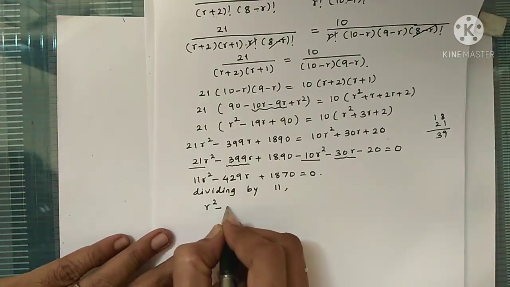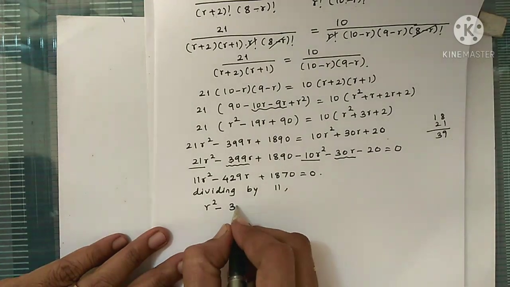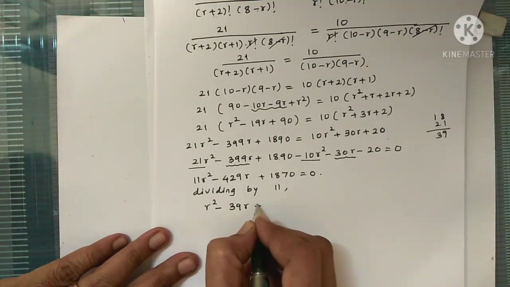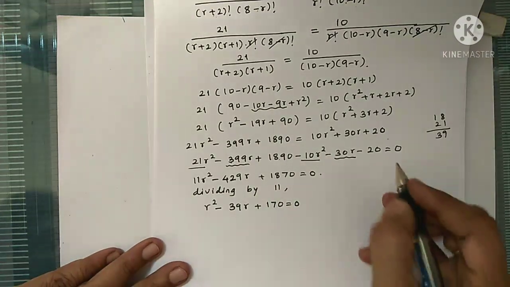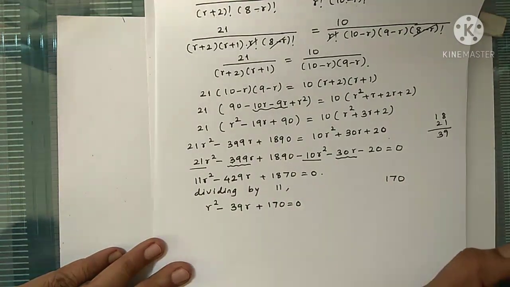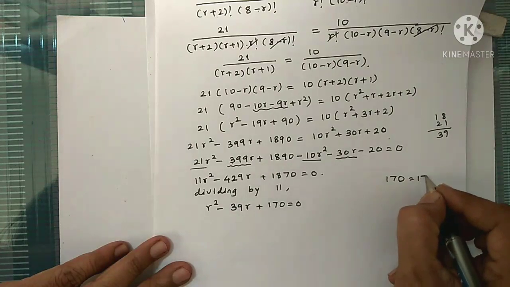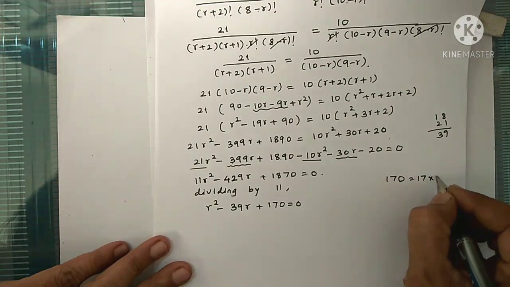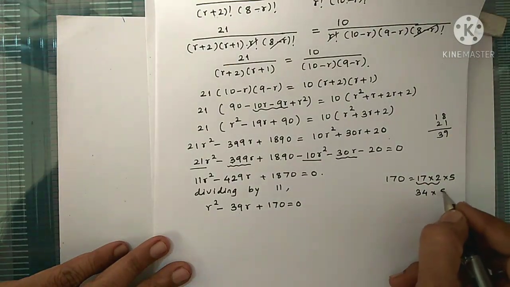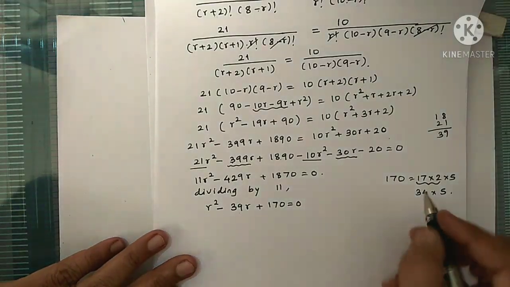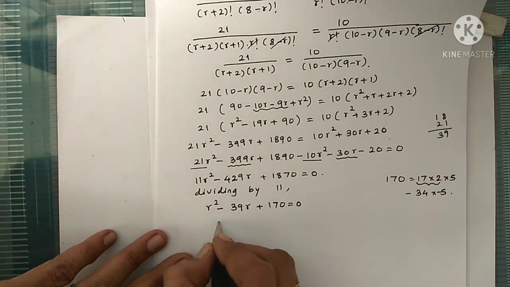it is r square. 11 3s are 33. Now 9 is there, so 99. So 11 multiplied by 9 is 99. Here it is 170. So we have to find out factors of 170 such that their sum is minus 39. Product is 170. So we can write this as 17 multiplied by 10. 10 again we can write it as 2 into 5. So taking these two terms together we have 34 into 5 and their sum is 39. If we put minus sign for both the terms we get product positive and the sum is minus 39.